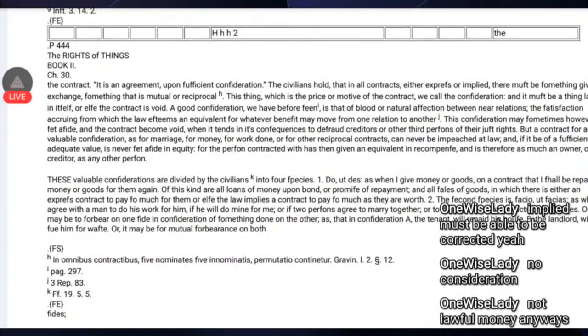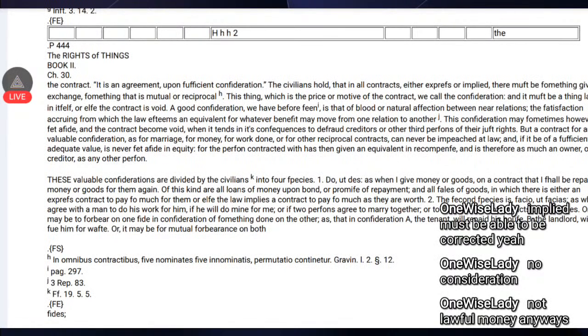Do ut des, as when I give money or goods on a contract that I shall be repaid money or goods from them again. Of this kind are all loans of money upon bond or promise of repayment, and all sales of goods, in which there is either an express contract to pay so much for them, or else the law implies a contract to pay so much as they are worth. The second species is facio ut facias,